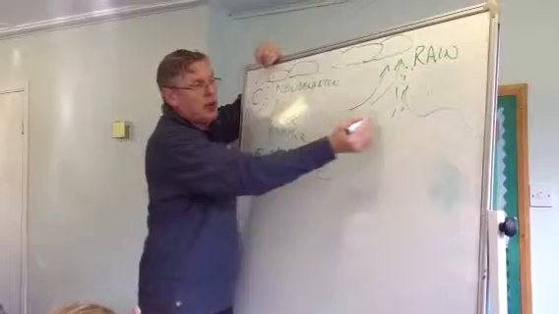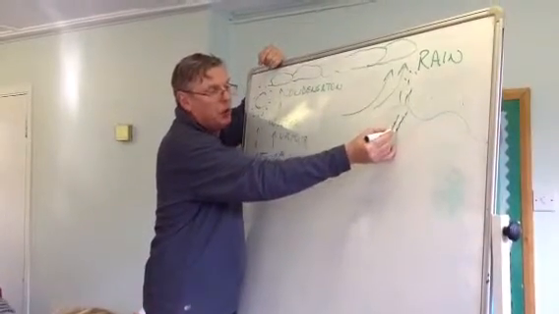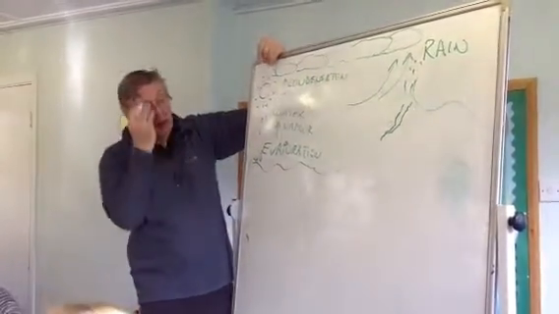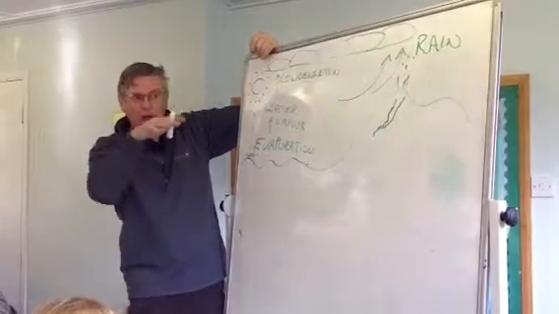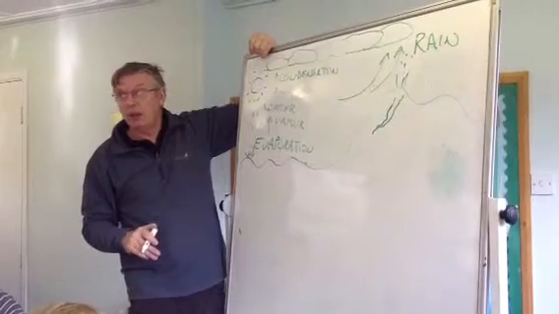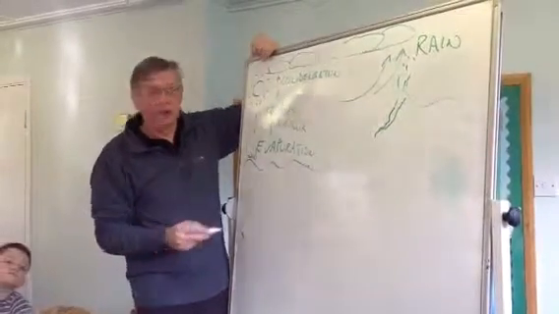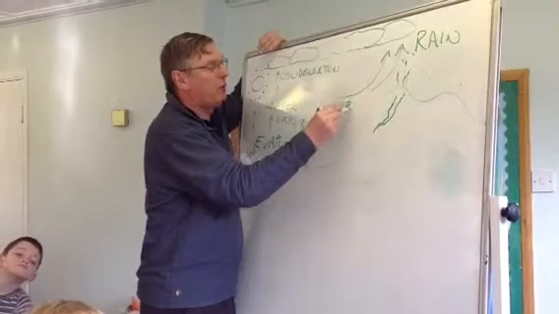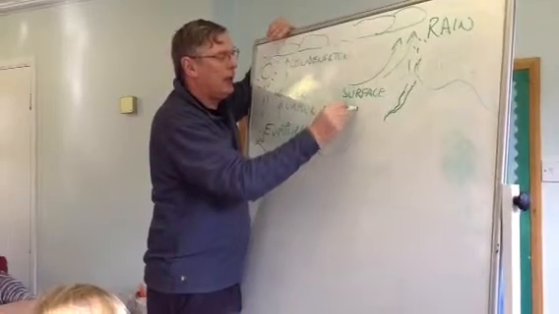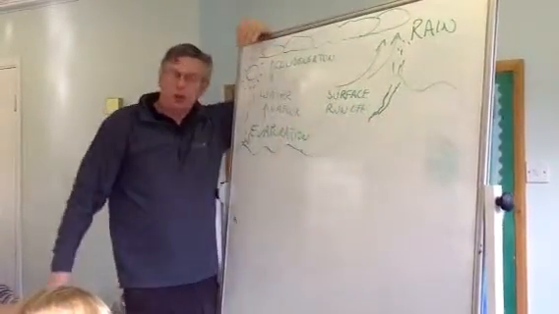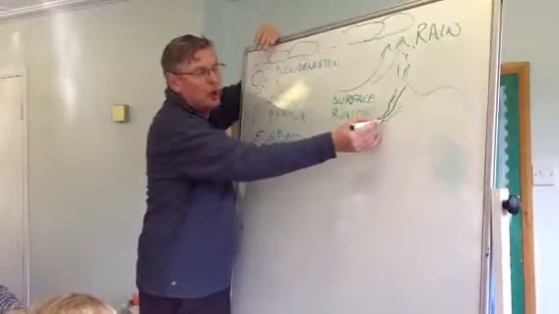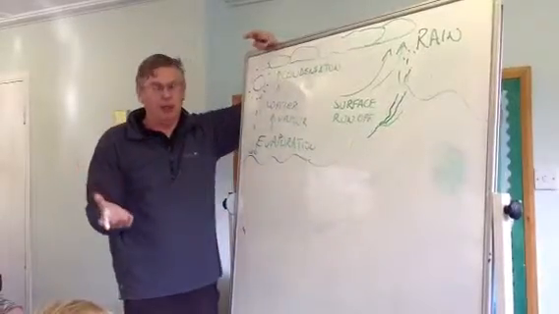So, if the rain falls on hard rock, it won't sink into that hard rock, but it might form little streams. Good. And as it runs off the hard rock, we're going to give that a name, because you'll see it later. It's called surface runoff. As the rainwater runs off hard rock, which could be a road, but in nature it will be hard rocks, it's called surface runoff. Now some of that water will get into rivers, because these little streams will join up to make a bigger stream and eventually a bigger river.